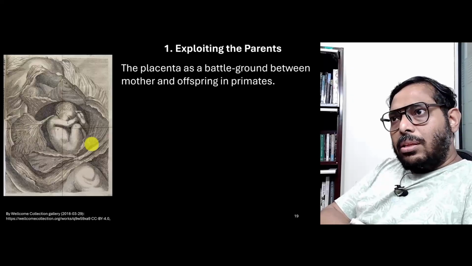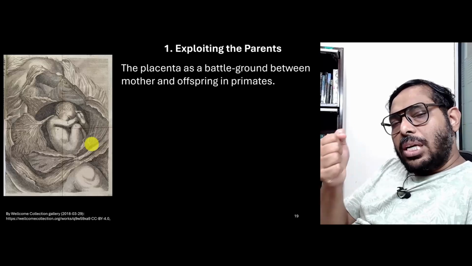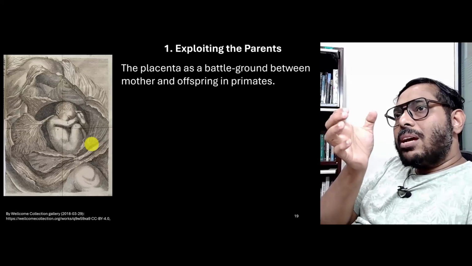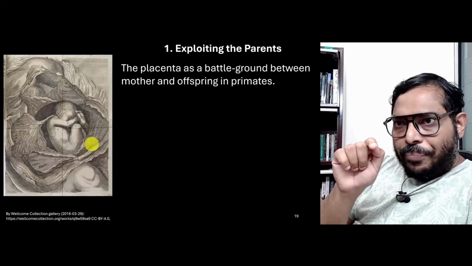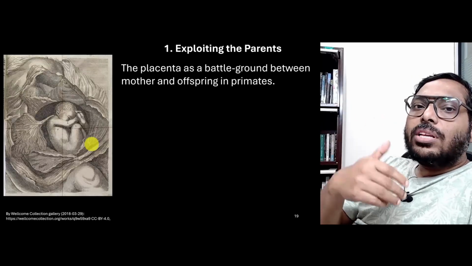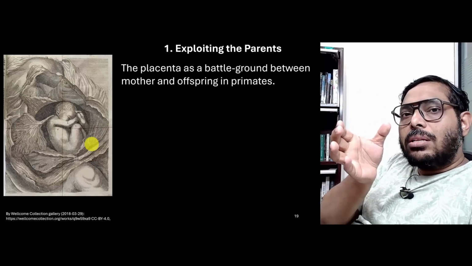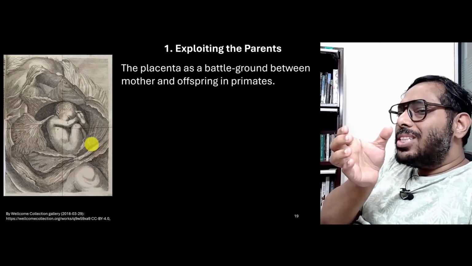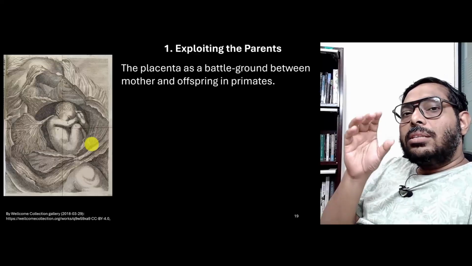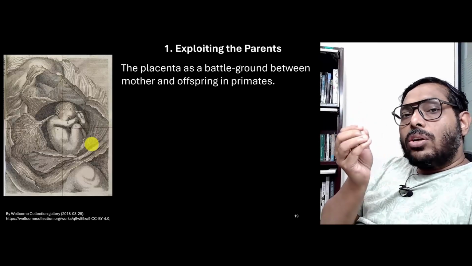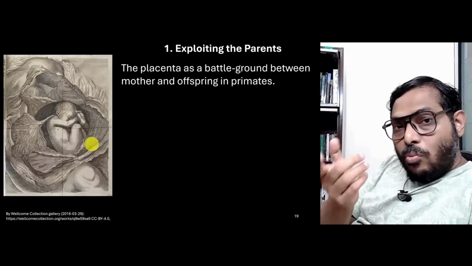Now, normally the mother should be able to control how much resource she is sharing with the fetus by constricting those arteries. However, once the placental cells go there, the first thing that they do is kill off the smooth muscle cells of the arteries, because of which the mother's arteries are no longer under her control. She cannot contract them anymore because there are no muscle cells. And then they synthesize all kinds of growth factors, because of which the mother's artery grows larger. What is the result?